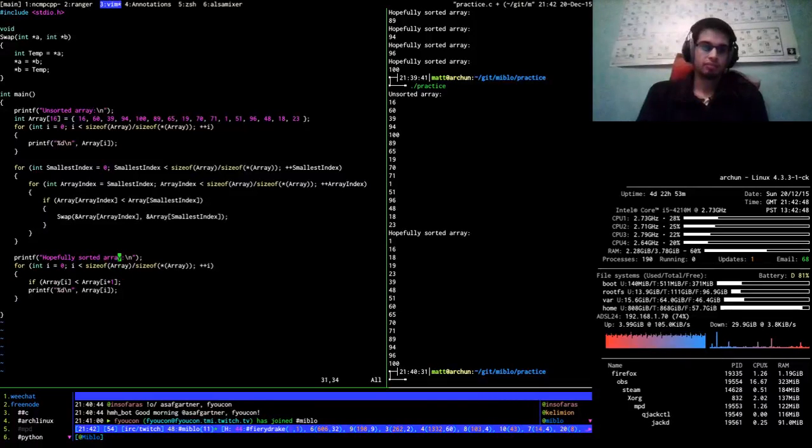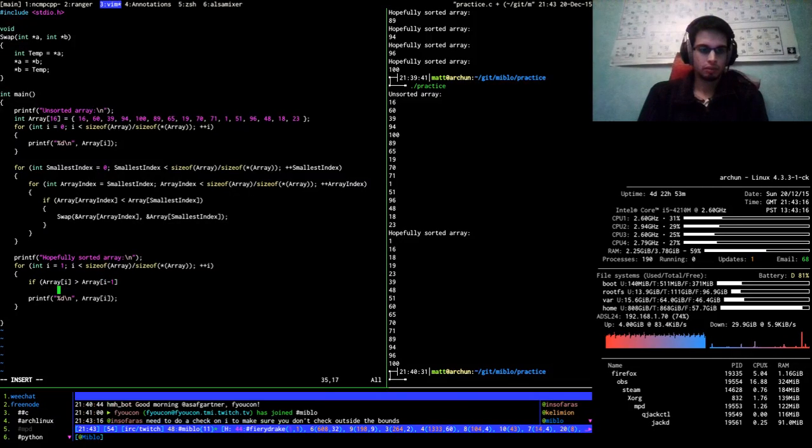I mean, honestly, it's probably just easiest to do this, isn't it? If that's greater than that, then we continue. So check on i to make sure you don't check outside the bounds.